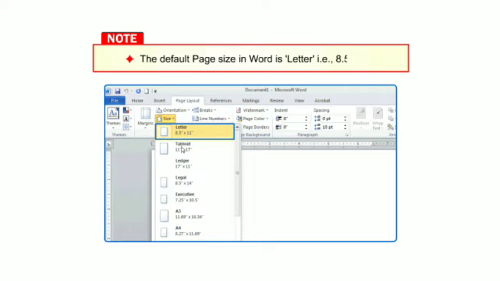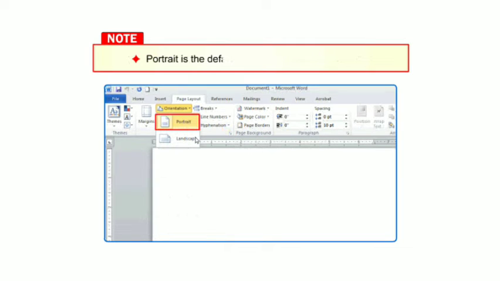As you have seen, different options are available here: tabloid, legal, executive, A3 and A4, etc. So letter is the default page size, and the dimensions are 8.5 by 11.